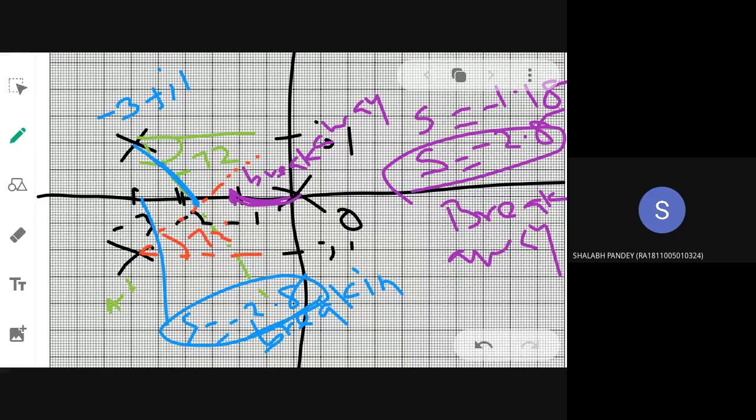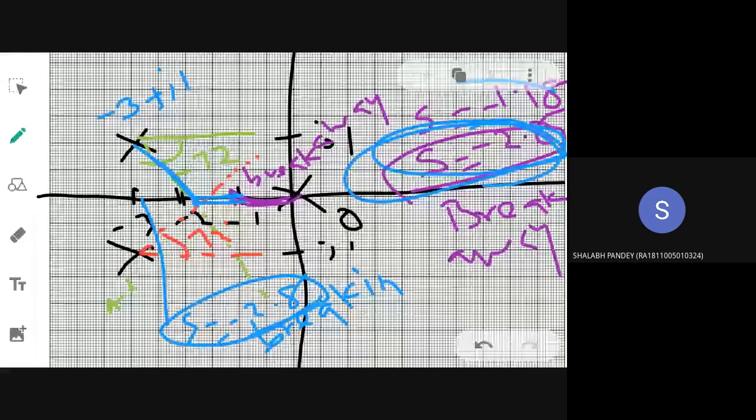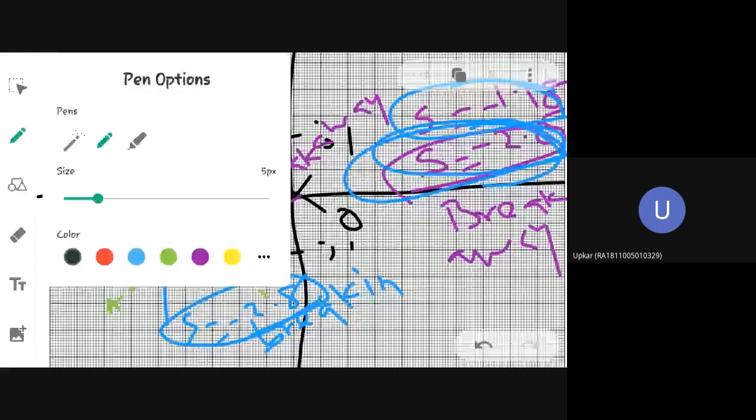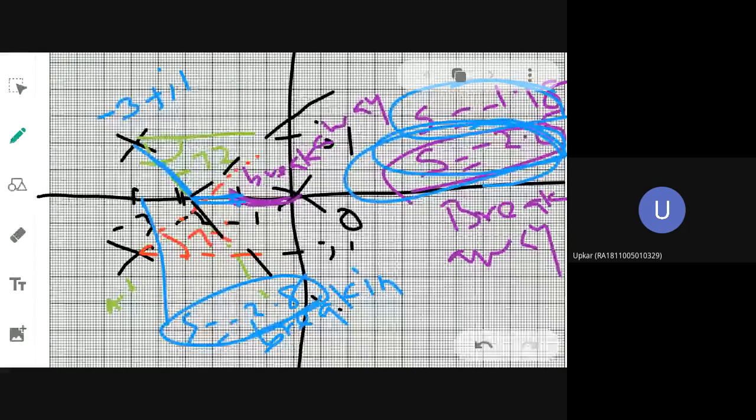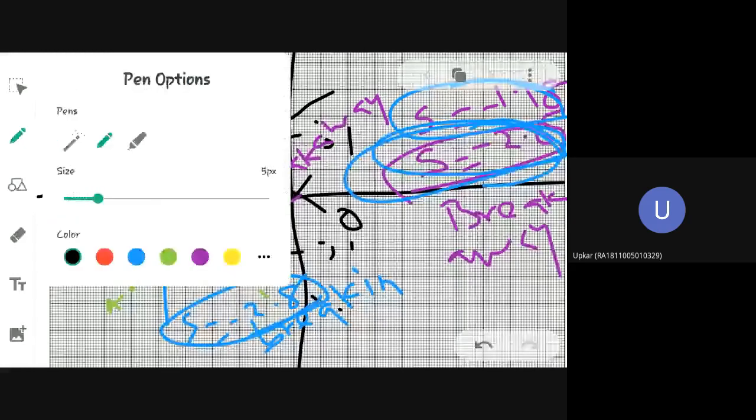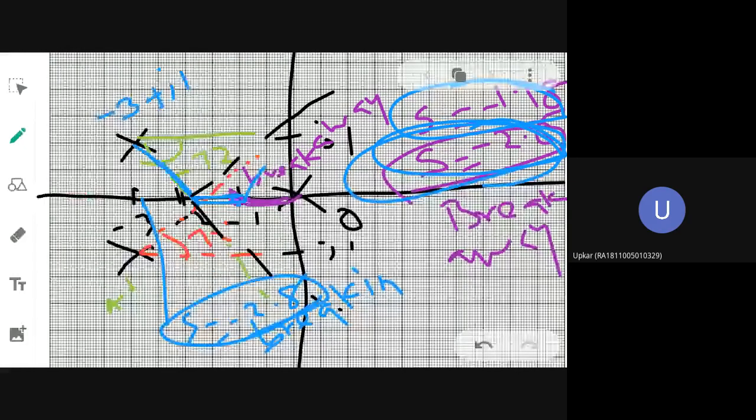Then it will break away at this what point? Sorry, minus 1.8. You have drawn the asymptote, no? Where is your centroid point you have marked? Minus 2. In this only you mark the asymptote, no? Like this. Okay, this is your centroid point. So parallel to that it will travel. So the blue color line, second branch I am depicting, it will go parallelly. But it should continue, that we will learn after indicating the crossing point.